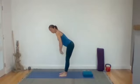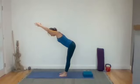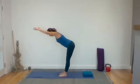Then you're going to take your hips back, press the hips back. Knees are going to stay straight. Weight draws back to your heels. And now we can add the reach of the arms forward. You don't have to add on the arms. You can keep the arms on the hips, but it just gives you a little bit more involvement with the